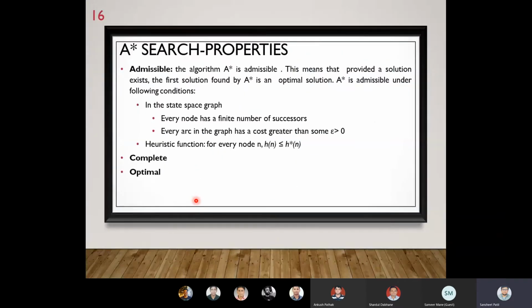We'll look into some properties as well for A star. What A star gives is, compared to other searching techniques, A star is admissible, complete, and optimal. What admissible A star means is that it gives an optimal solution in some conditions, like the solution which is given by A star may vary if the heuristic values are varied. Basically, there are two types of admissible behavior of the A star algorithm, that is underestimated and overestimated.